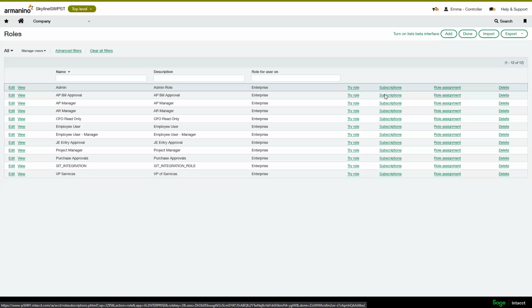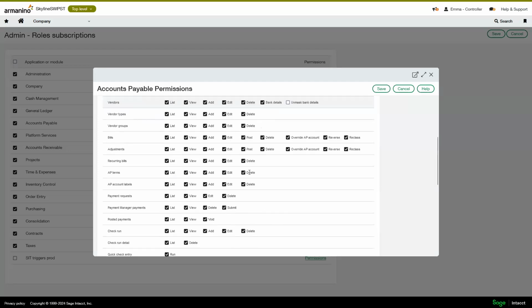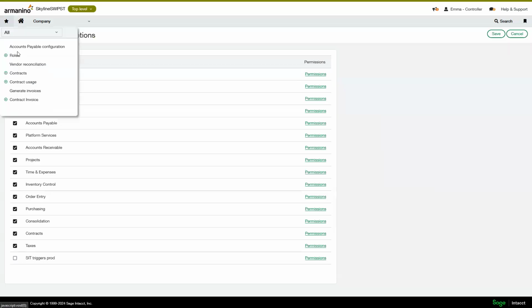All right, and then I'm going to jump into subscriptions here under AP, and down here towards the bottom, we've got the vendor reconciliation report that you can run. So you want to make sure that's enabled. And then from there, you can go into vendor reconciliation